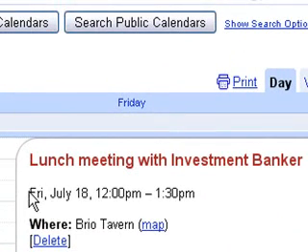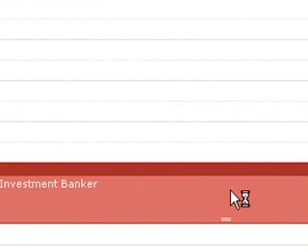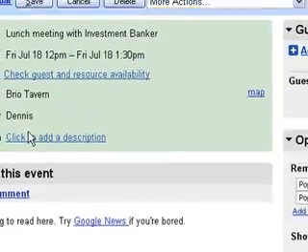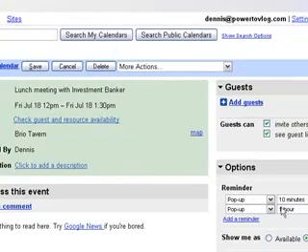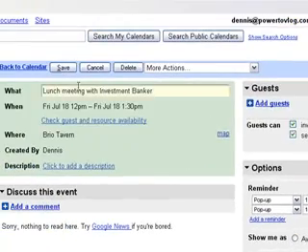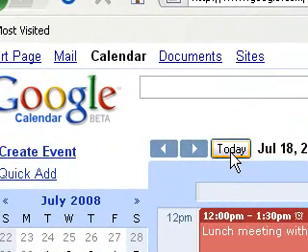Now I can go in here and double click on the meeting, and it'll bring me to a fuller view, and this will actually show me my description details. It's going to allow me to see what my different reminders are here. So this gives me options to be able to make changes to this appointment if I need to. So there you have it. It's a very simple tool and easy solution for you to be able to keep track of all of your appointments right on one simple calendar, and it's very robust capability that Google's offering,